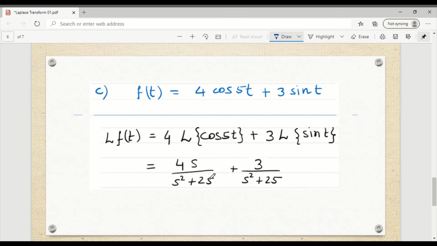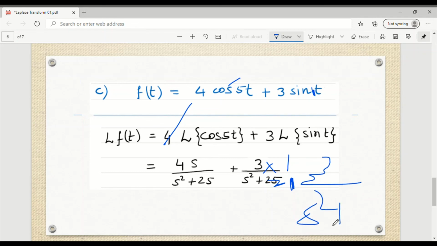The third question you can have as your homework, because this is the same thing that we had done. This 4 is there with cos 5t, so the numerator will be s only, and the denominator is this much. Then 3 is there with sine omega t. What is omega in this case? My omega is 1 only, because it is sine 1t. So 3 into 1 by s square plus, this won't actually be 25. This is a mistake here. It is s square plus 1, because my omega is 1, not 25. So the second term is 3 by s square plus 1. Okay, just make this correction, not 25.